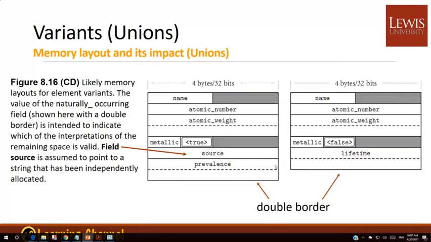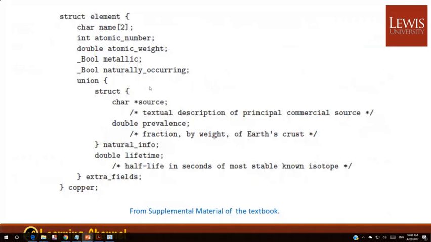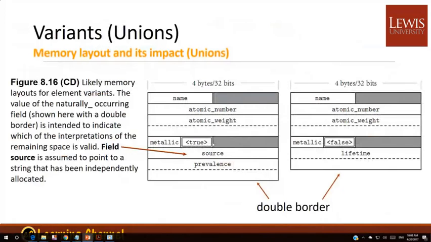This one has a union with the lifetime. So that's the field source. If you have a union, it is actually natural, so this true and false is for naturally produced. It's actually this naturally occurring field. Use that as a flag to determine which one is used. The boundaries are actually different, but usually